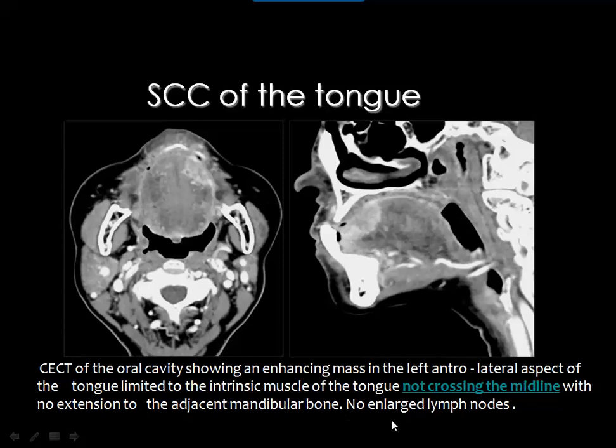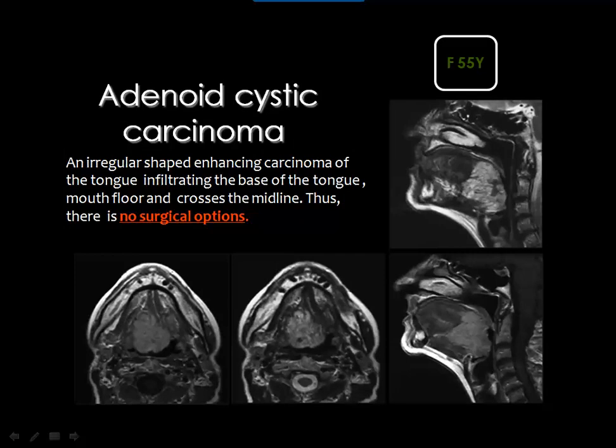And also here you should search in every case for metastatic lymphadenopathy in the scanned area, and in this patient particularly you cannot see enlarged lymph nodes. The same with MRI, and you see a big mass infiltrating the tongue as well as the mouth floor. And in the sagittal image you can see that the base of the tongue is totally involved. The mass is bulging in the pre-epiglottic space, and it has infiltrated the genoglossus and possibly the